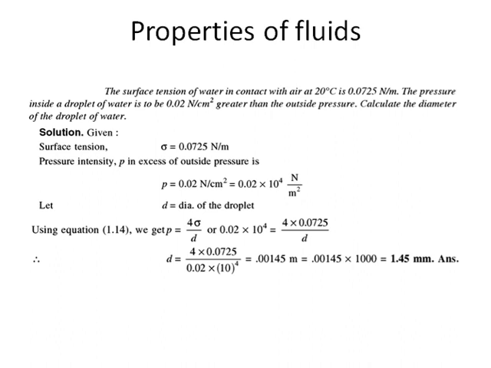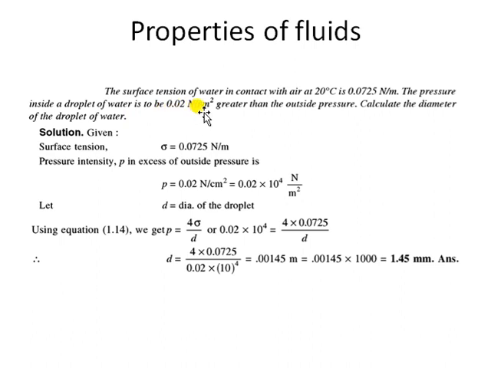Okay. So based on those concepts, let us try to solve one numerical problem here. You can see the surface tension of water in contact with air. So again, water, so we can treat it as a case similar to a liquid droplet. Fine. The surface tension of water in contact with air is 0.0725, so the sigma value is given to us here, and the pressure inside the droplet is given. You can verify from the unit also. The unit is Newton per centimeter square, so it's a unit of pressure. The pressure inside the droplet is 0.02 Newton per centimeter square.